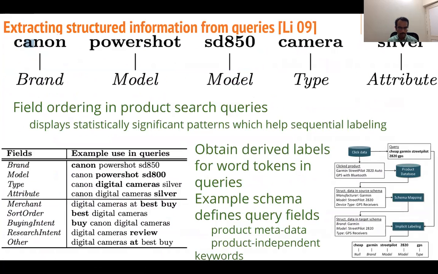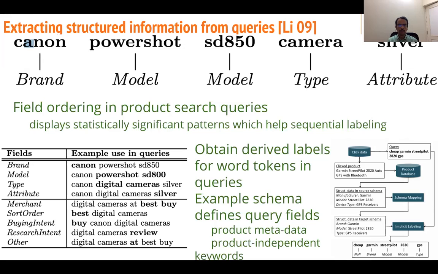First, let's talk about intent understanding. As you can see, there's a query like Canon PowerShot SD850 camera. How does the search engine know that Canon refers to brand, SD850 refers to model, and so on and so forth? Basically, queries need to be annotated with individual field information, which is searched product attributes in shopping, towards intent